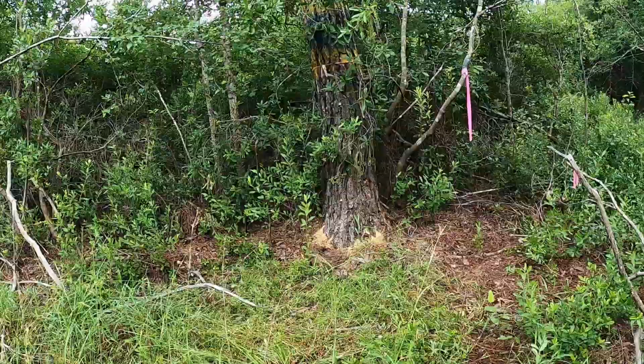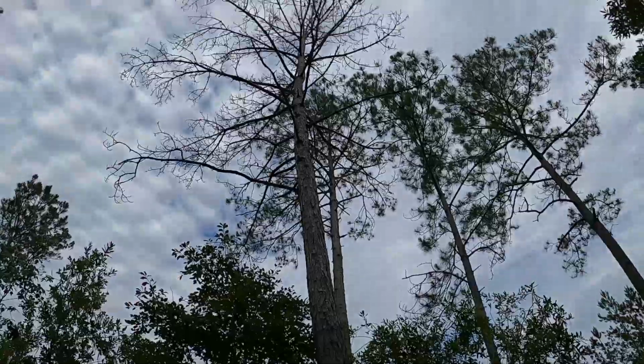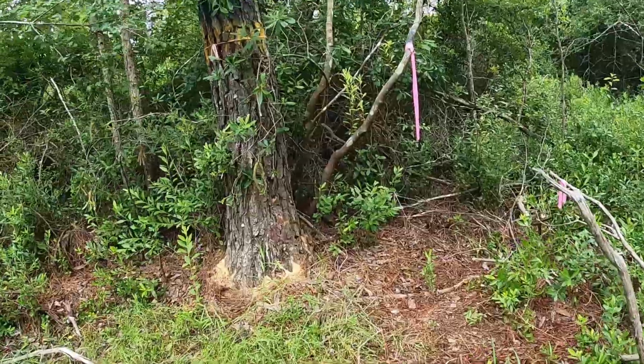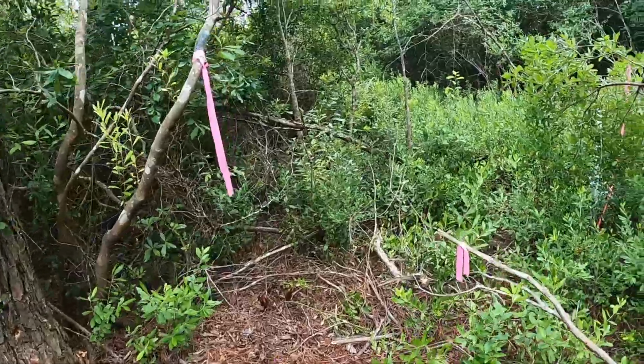There's a tree there with a ribbon on it. I hadn't paid any attention, but that tree is dead. I just happened to notice the sawdust on the bottom of it. I guess the bugs or something got in there, or either lightning hit it. But anyway,